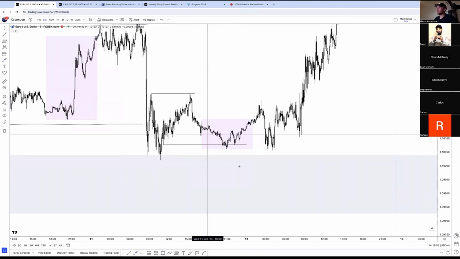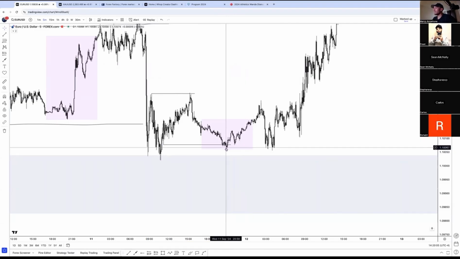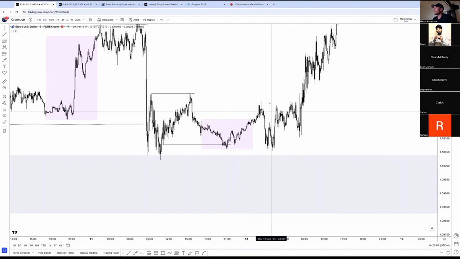So I didn't love it too much anymore, because now I'm kind of just straight with retail, right? The BOS happens, we get a pullback, take the buy. So I wasn't really too down to take this entry. I actually had a limit here. Then when the high got taken out, I canceled my limit. Okay, but let's continue following along. So we actually come back down to the extreme, we respect it, and we move away, no problem.